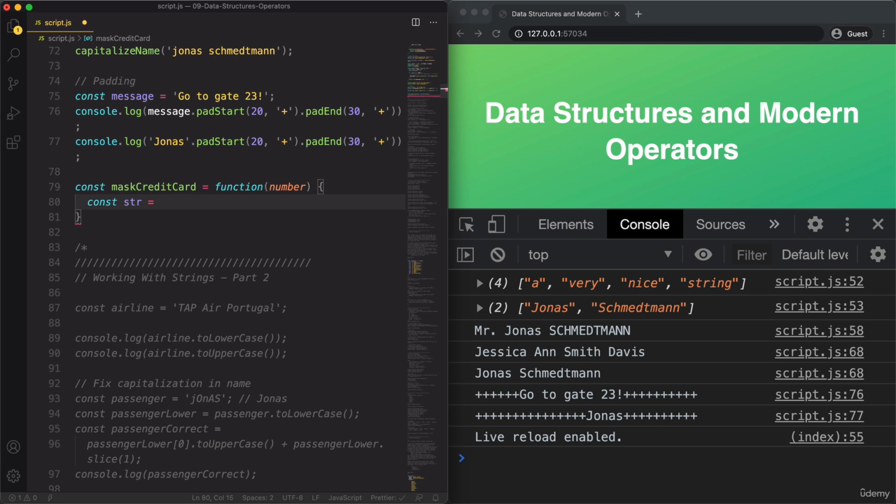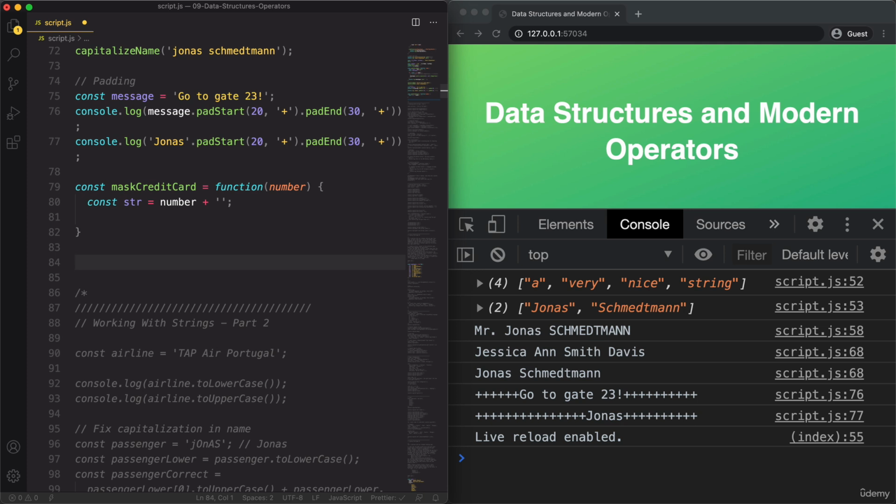So we can just take the number and then we add an empty string. And so the result of this will be the number, but as a string. And this works because, as you hopefully remember, when one of the operands of the plus sign is a string, it will convert all the operands to a string. And so then this number will become a string plus the empty string. And so then it's going to stay exactly the same. Okay, so